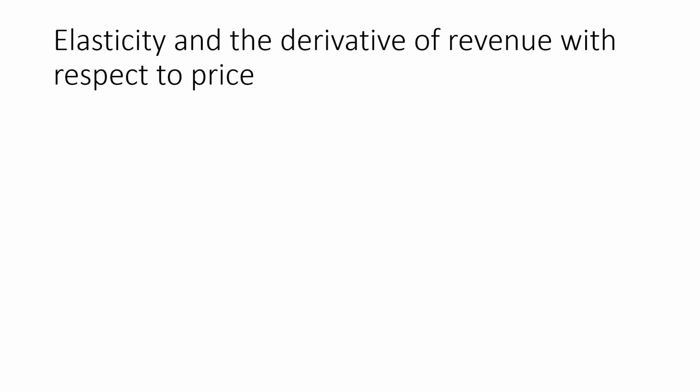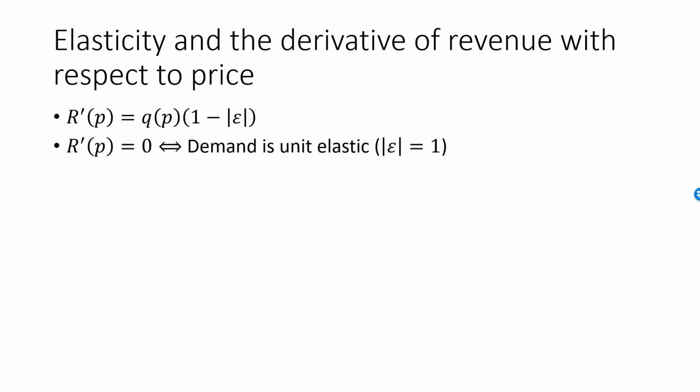Let's summarize this important relationship between the price elasticity of demand and the revenue function as a function of price. We found that the derivative R'(p) is equal to the demand function q(p) multiplied by 1 minus the absolute value of the price elasticity of demand evaluated at the particular price. At the price where demand is unit elastic, the absolute value of epsilon equal to 1, then R'(p)